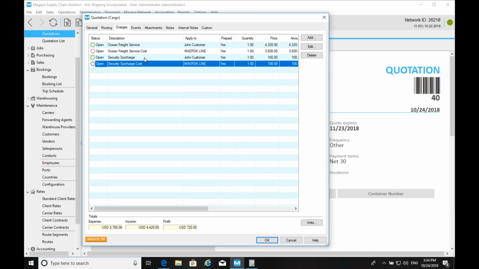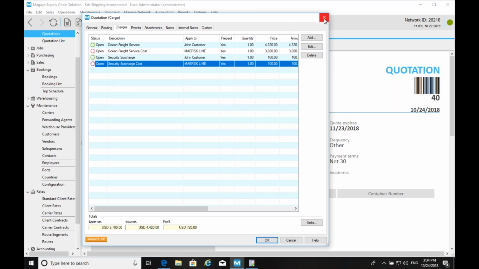So this is basically a very, very flexible way to enter charges automatically to quotation, shipments, bookings, only when the rate kicks in. So you don't have to create zero value charges to all shipments and only give them value when the rate applies.